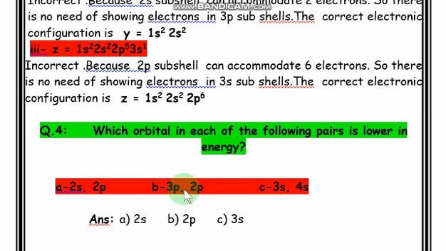Here in this case, both are p subshells. Orbital, subshell and sub-energy level are the name of one and the same thing. Do remember, students. So 3p, 2p, which is lower? Exactly, 2p is the lower one. And here, which is lower, 3s or 4s? Exactly, 3s is the lower energy level. It will accommodate electrons first, then electrons will go into the higher energy orbit.